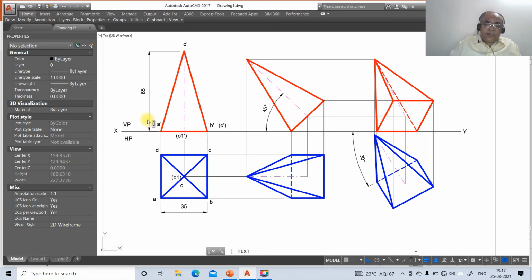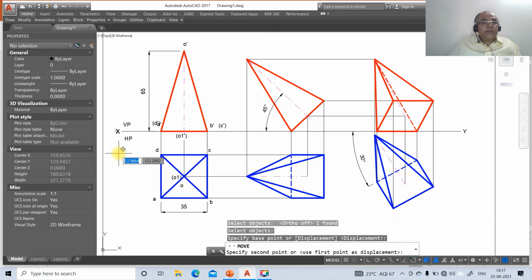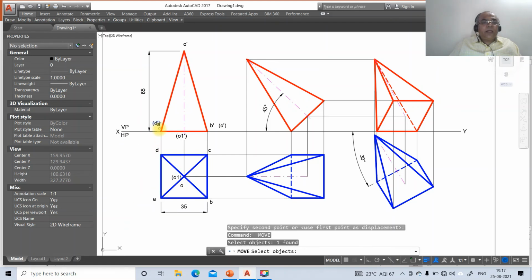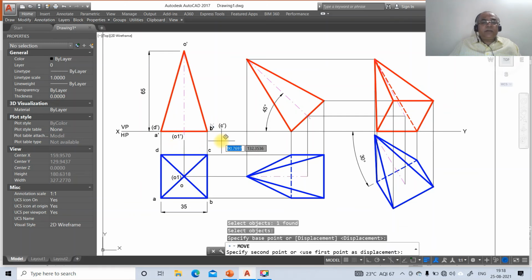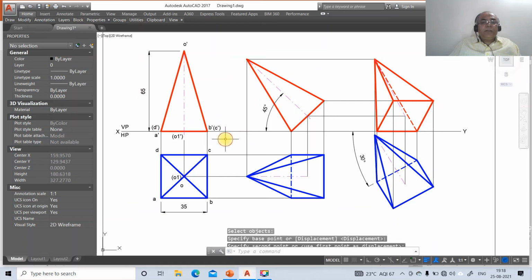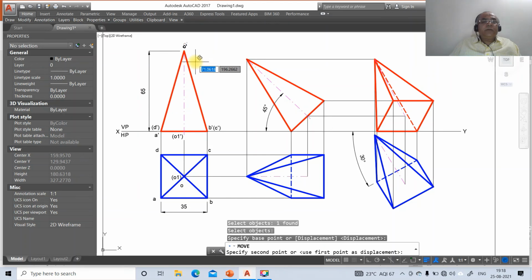And to do that, you just go to move, switch off the ortho mode, you mark this as X, you mark this as VP, you mark this as HP, so here you mark this as D dash, you mark this as A dash, and here this as O1 dash, this as B dash, and this as C dash, and this as O dash.